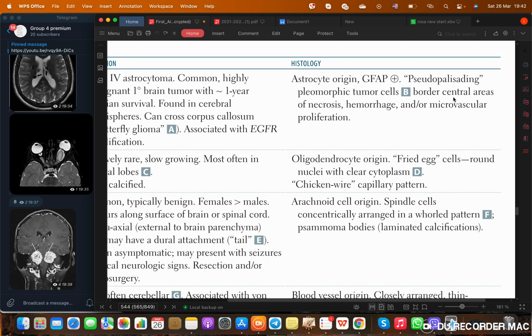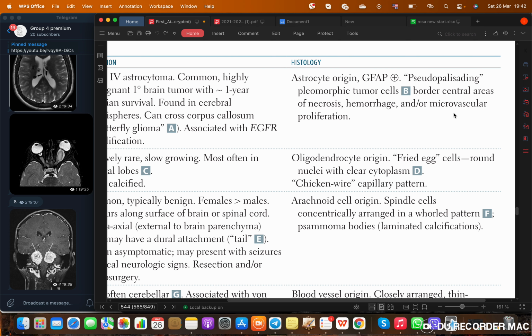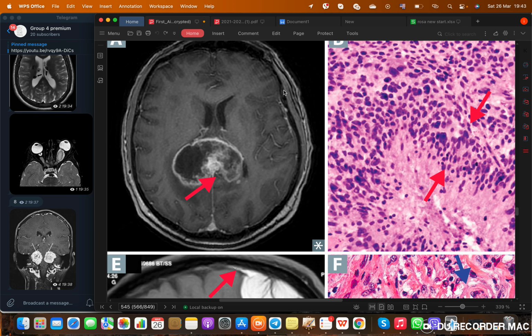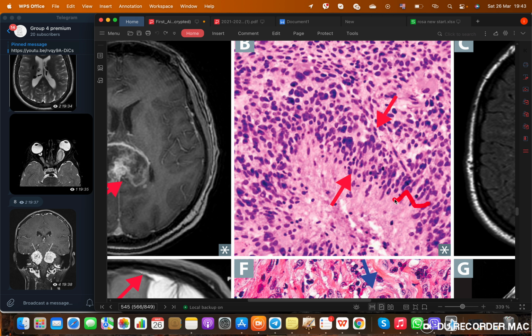Pleomorphic tumor cells border central areas of necrosis. So in the middle of this pseudopalisading area, you will have necrosis. Hemorrhage and microvascular proliferation might occur as well. If you take a look at this, again, this is pseudopalisading, the fence-like structure, and in the middle, it is